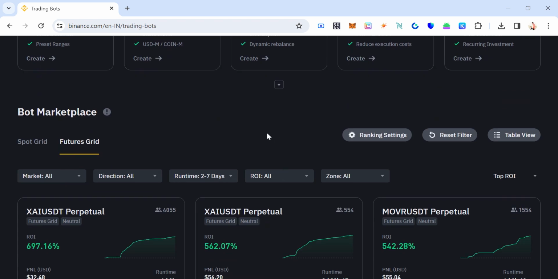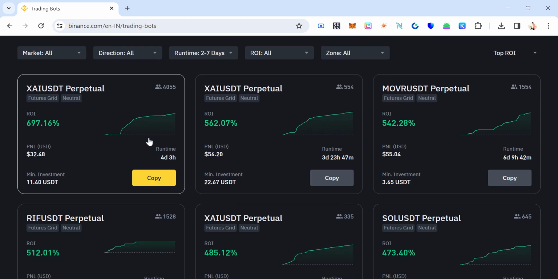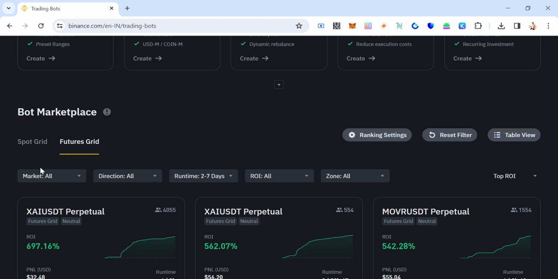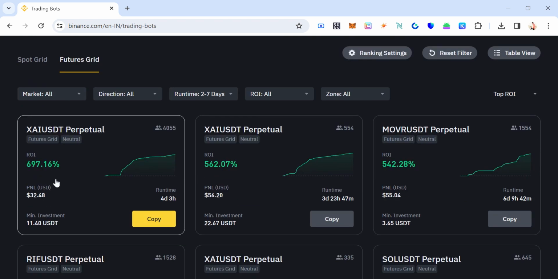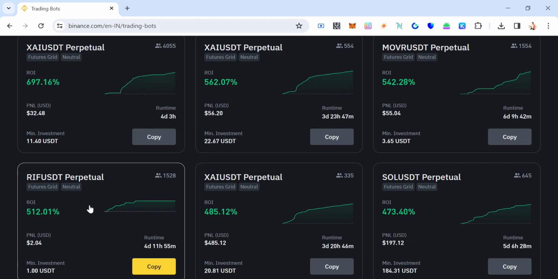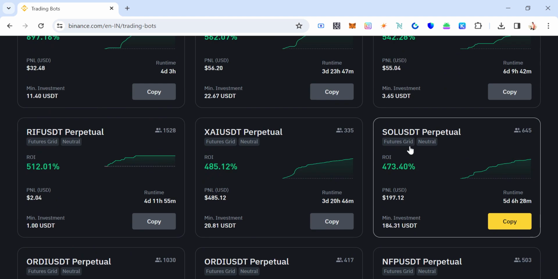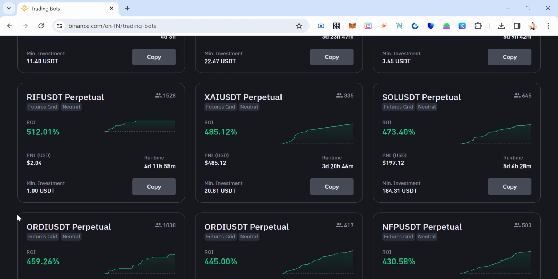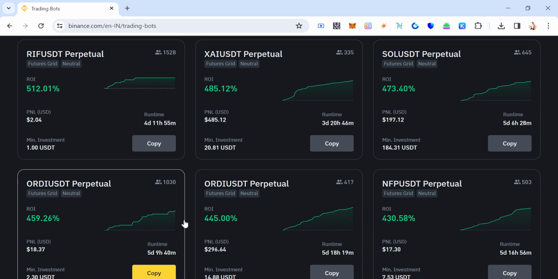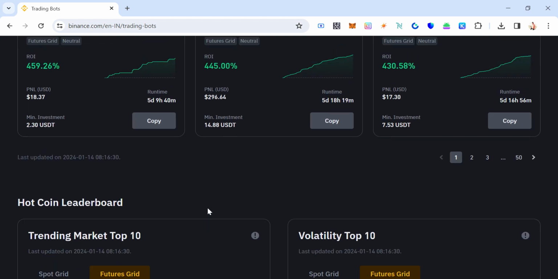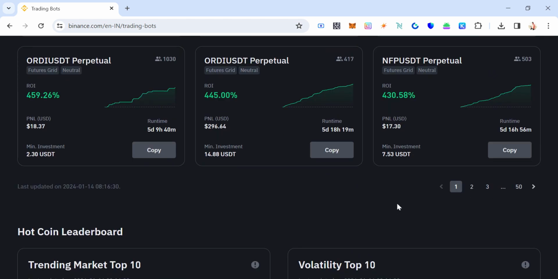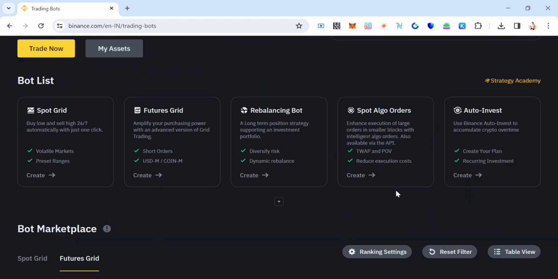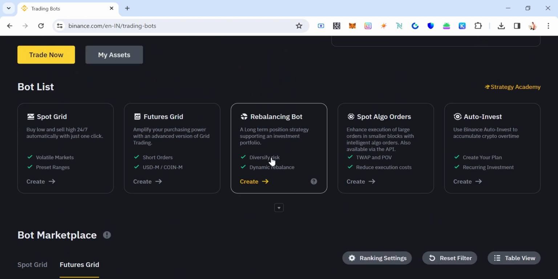Now there is also something called the Bot Marketplace over here, where there are coin or token specific bots. So as you can see, there are a lot of these. There is Solana over here, Solana to USDT, and you can check how much ROI they have given in the past. So there is a huge list of it. You can copy any of these, but for the video purpose, I will be showing you the Rebalancing Bot over here. So all you have to do is click on Create,